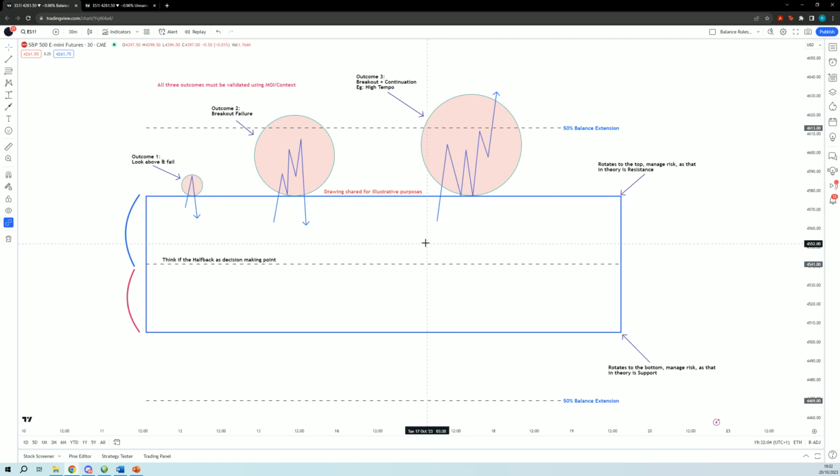Of course, once you are able to put the context and MGI, market generated information, together with the balance ranges and rules, you will have a pulse on which of the three discussed outcomes are potentially at play. Guys, I just did not draw to the downside, but it will be the same action mirrored to the downside. Now that you have a fair idea